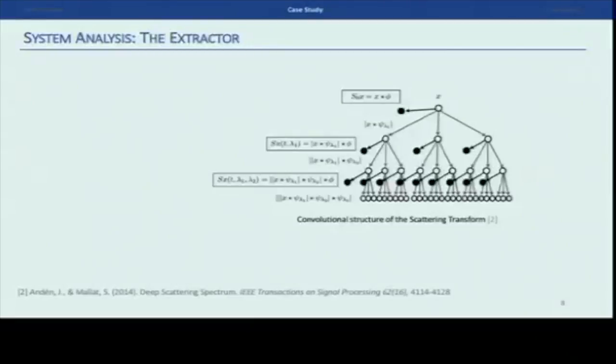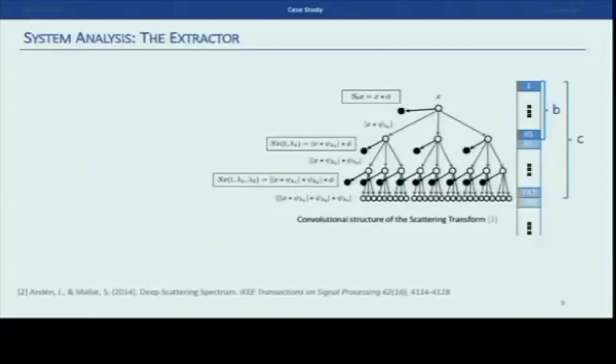What I want you to remember is that those 2 layers here correspond to what we call a B vector, 85 dimensions. If we add a further layer, then we have a C vector. If we add more, we will have an F vector. And if we use the frequency representation, we will have D and E vectors. But we wanted to go beyond that. We didn't trust that completely.